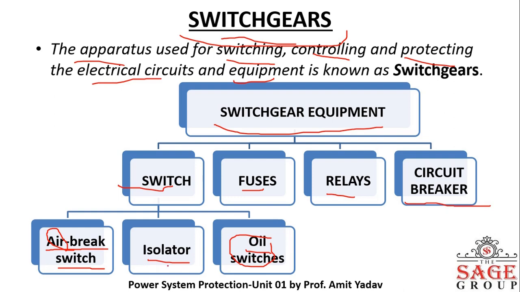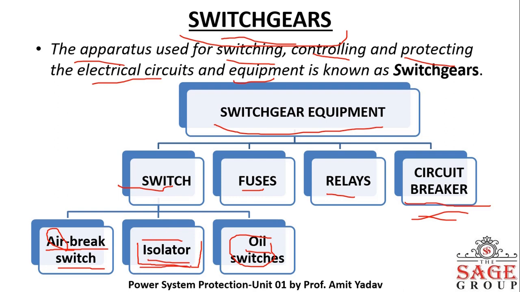The third one is the isolator. What is an isolator? An isolator is a knife type switch designed to open a circuit under no load. So an isolator works under no load condition. We can operate these switches only manually, not automatically. Sometimes people ask what the difference is between an isolator and a circuit breaker. Simply put, a circuit breaker is also used to cut off the circuit, but it works automatically, while an isolator never works automatically.